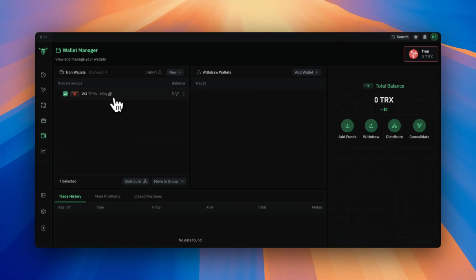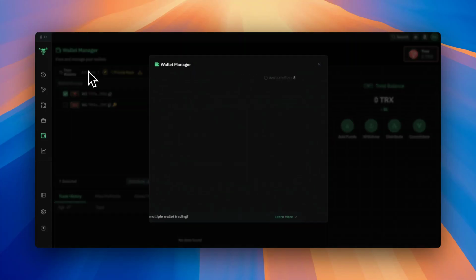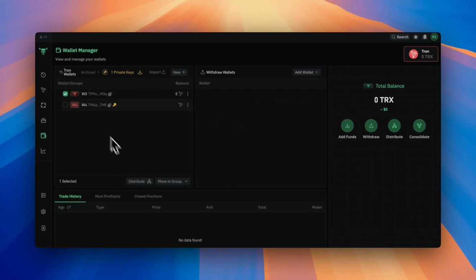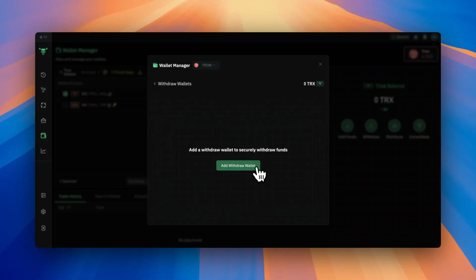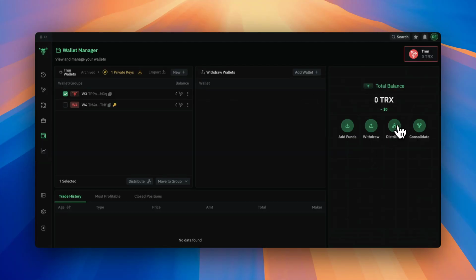Then your wallet manager, you can create wallets pretty quickly here in BullX. So you just create a new wallet. Just be sure to save your private key, and then you can make a different wallet the primary one if you want. You can kind of switch between that. You can archive wallets as well. So once you're tired of using specific wallets, you can go ahead and archive it. Again, this is where you go to add funds. You can withdraw funds to different wallets. You just got to add the wallet address you want to withdraw your funds to.